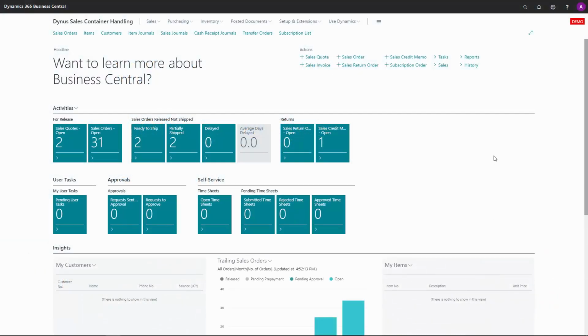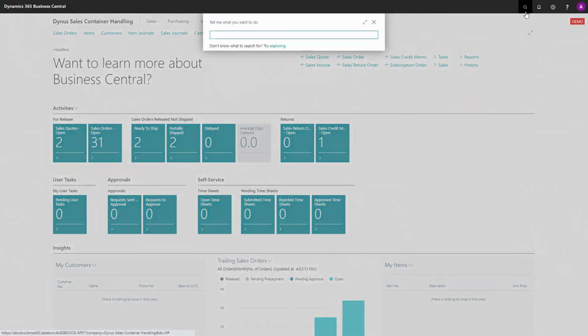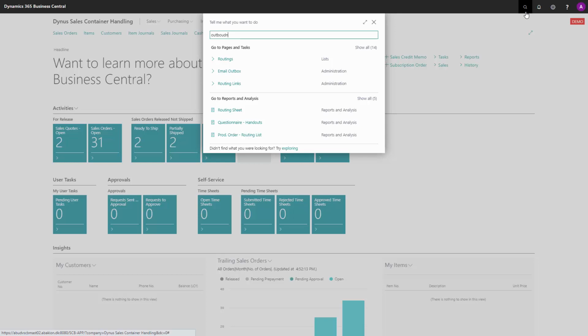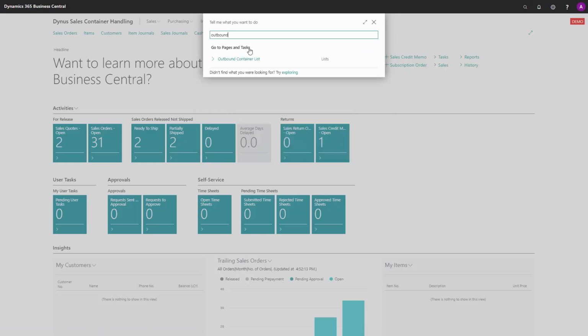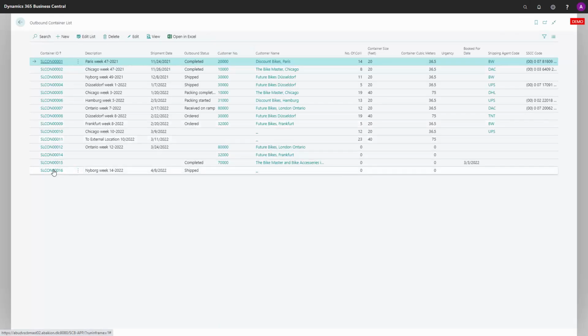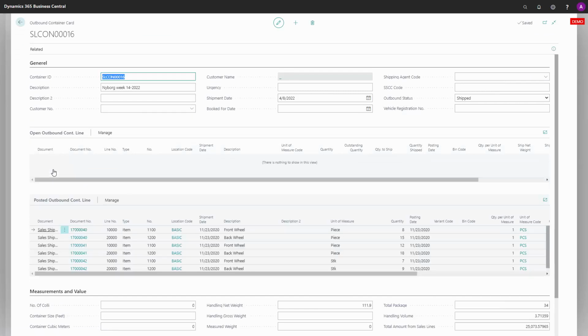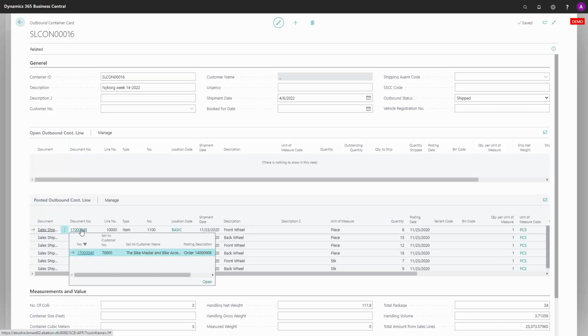Let's take a look at what is possible with the item charges assignment functionality. First of all, if I'm looking at my outbound container list, I can see in this example I have a container with a lot of posted shipment lines on it relating to different sales shipments. And if I'm entering one of those shipments, for instance, number 40 in here,